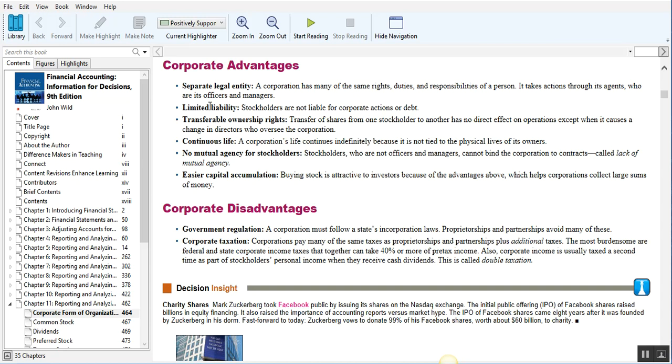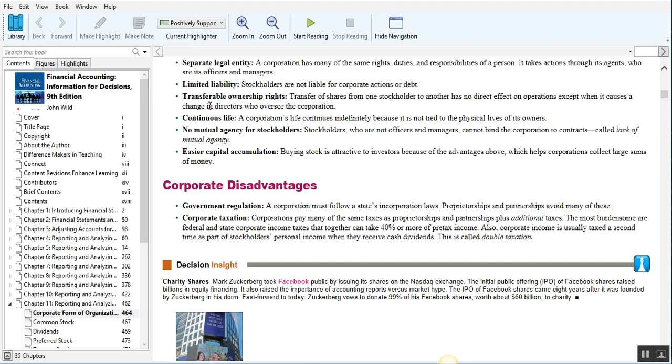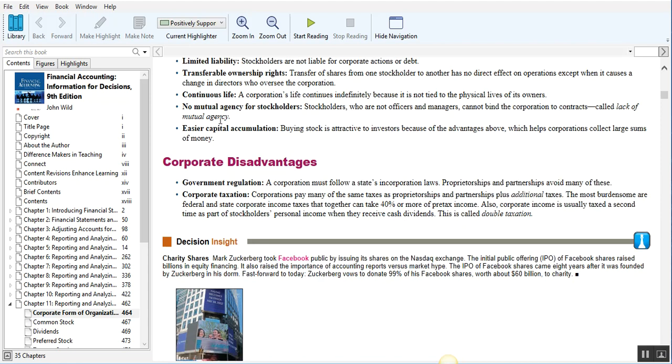If you're an owner of the business, you cannot be held liable for the debts or the actions of the corporation. Ownership is very easily transferred between shareholders, so a new owner can come and go at will by buying or selling shares of stock. That also means the corporation has a continuous life. It will continue to exist apart from its owners, and it will no longer be connected to the original founder or owner, so it will continue to have a life of its own.